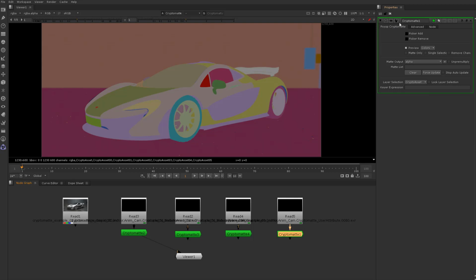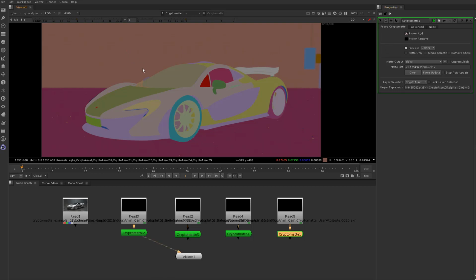your Cryptomatte options here, they give you a couple options. You could preview it with color, edges, none. The way you select it, the output of your mat, usually I'll use alpha. The mat list, so the objects that you've got selected. So when you click pick or add, this lets you pick the mats. So if you hold control,